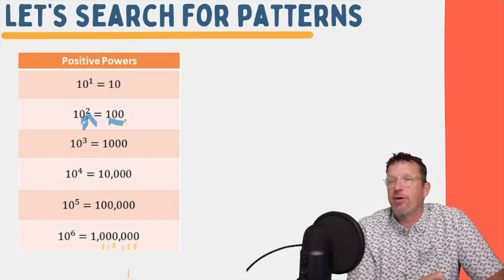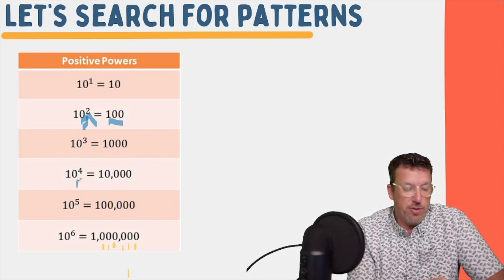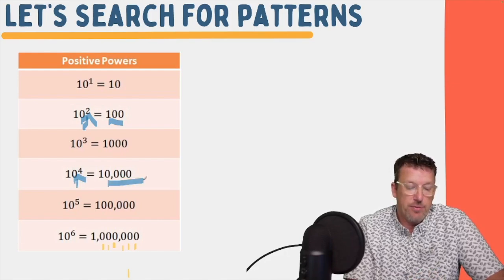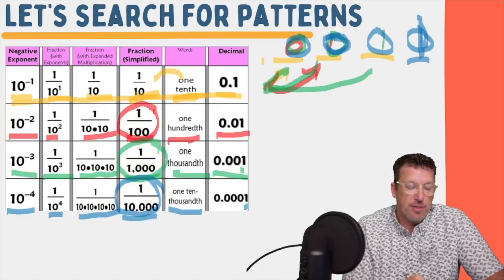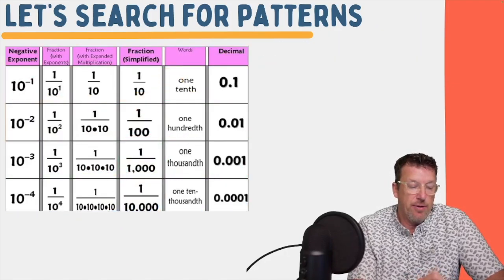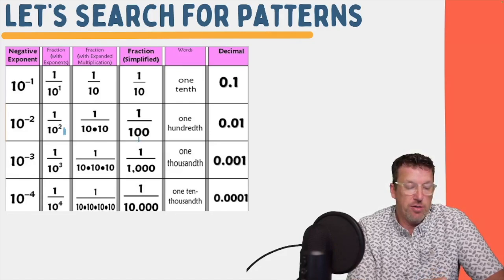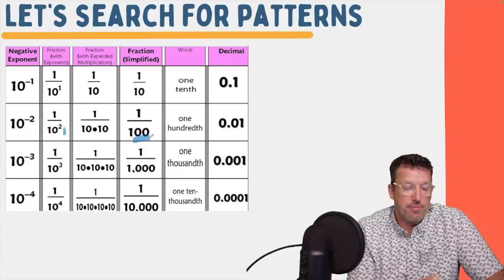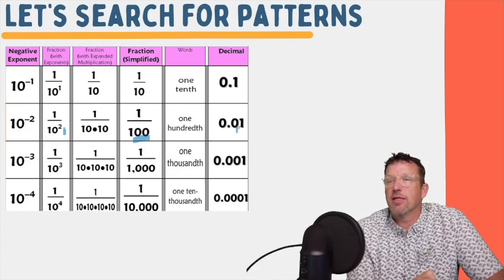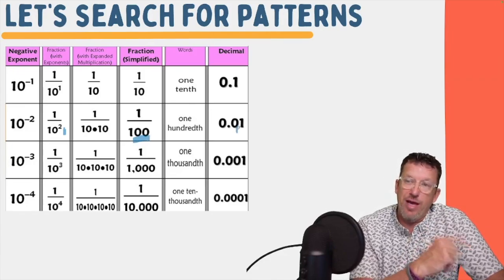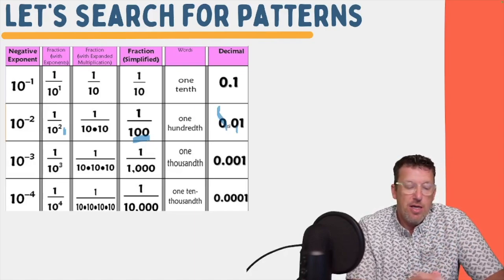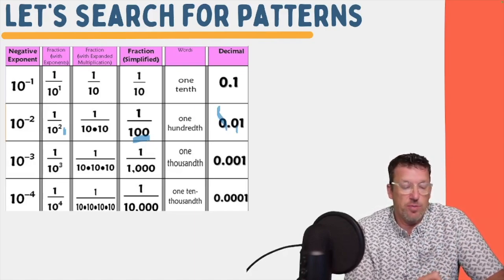That was kind of our pattern and our trick we were looking at. And this exponent here gave us 4 zeros. Well, let's go back to this next one and see what it looks like. This number here gives us 2 zeros on the bottom, but it only gives us 1 here because on one side of the place value, we have a ones place. This is a ones place. On the other side of the place value, we do not have a ones place, so you have 1 less